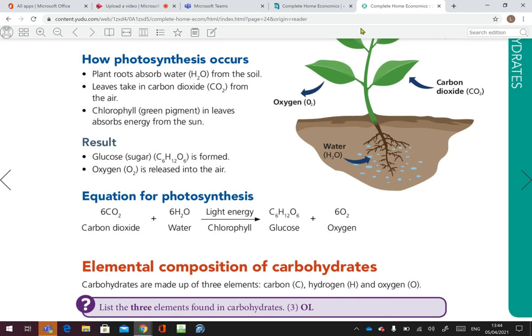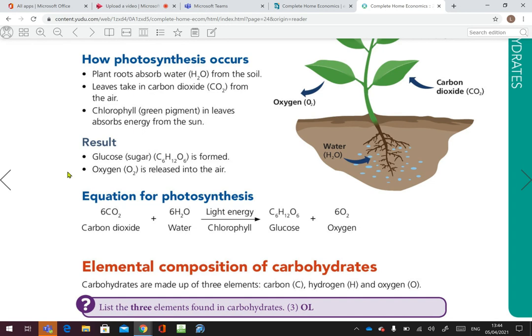Okay, and then the leaves release oxygen. So that's why they're so good for our environment. They're so good for us in the home. We should always have plants to release oxygen in the home because it is good for us. And of course, then carbs are produced, which we can eat. Okay, so three things: the carbon dioxide is taken in, chlorophyll absorbs light, and water is absorbed by the roots. And what happens is then carbohydrates are formed, your glucose, your basic sugars, C6H12O6, and oxygen, or O2, is released